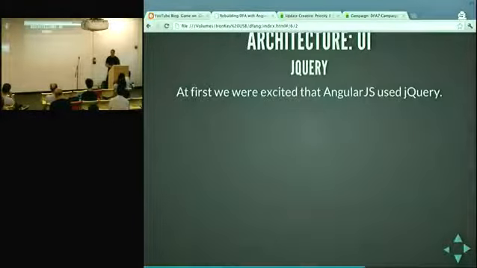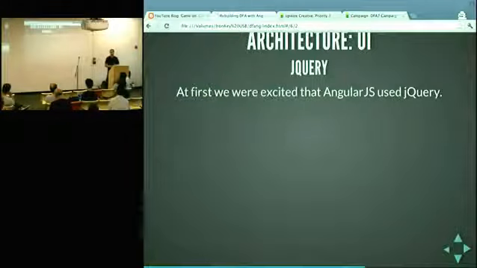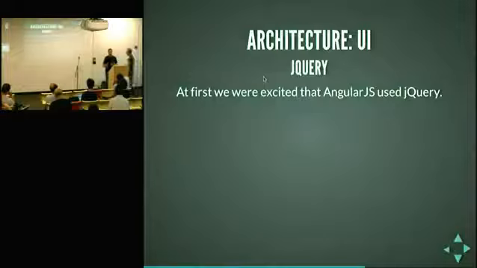The next thing was how we were going to use jQuery and what was its purpose within the application and what limits would we put on its use. The first thing that I think it's important to recognize is that while AngularJS has a jQuery-like support